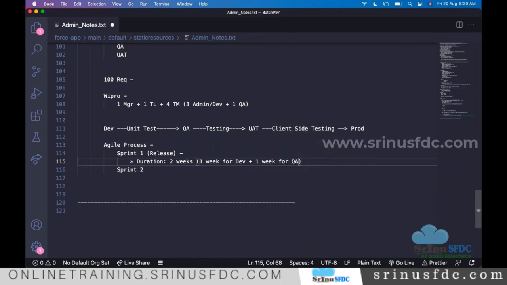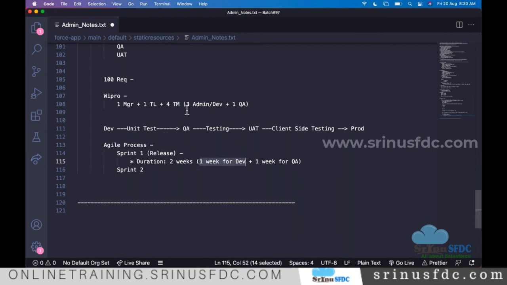Okay, and it's not that as administrators and developers we work in the first week, and in the second week they will raise bugs, so we also need to work in the second week. So we work like that in the projects, and also in this sprint, a two-week sprint.